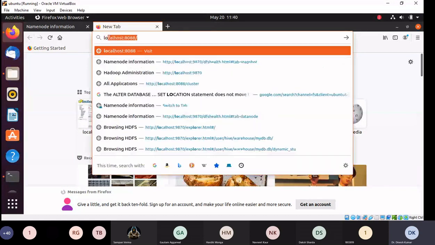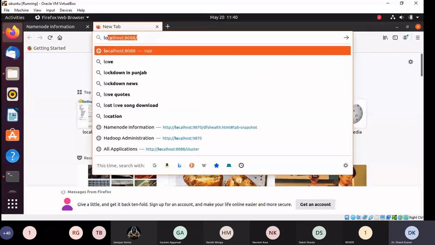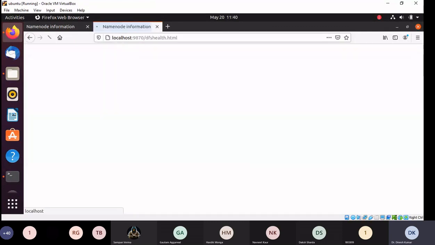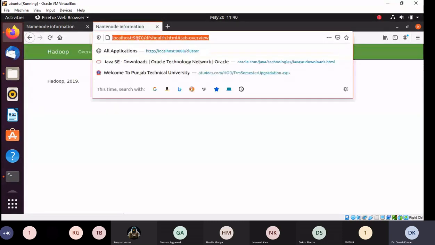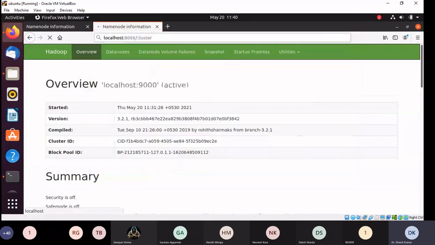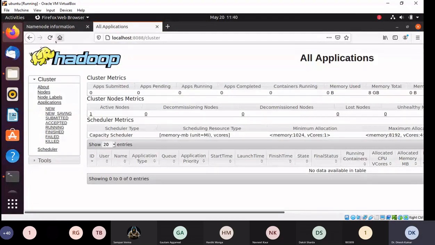Fine. So this is our Hadoop cluster interface, and this is our name node. Now under this utility, if you can see we have this browse the file system. If I click on this, now it will show me that